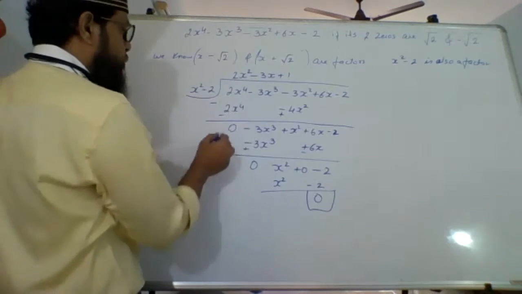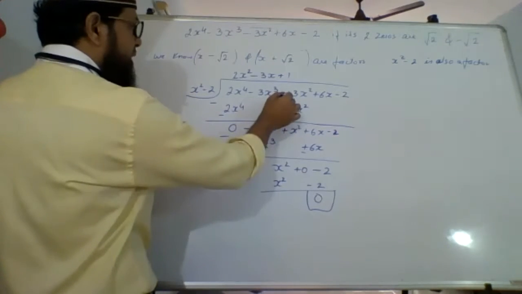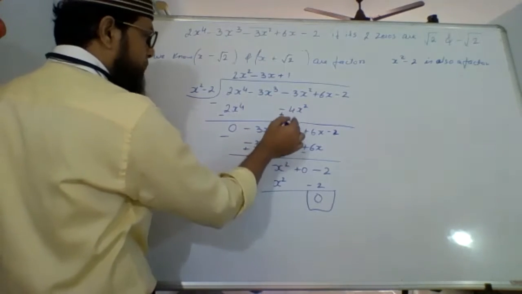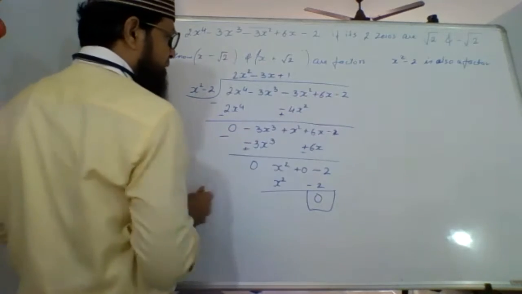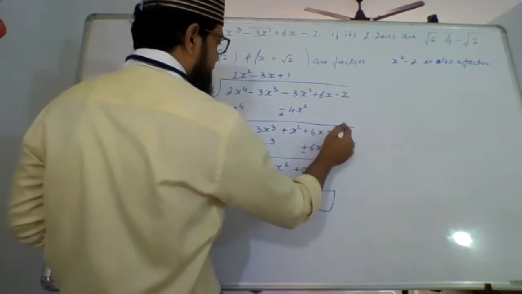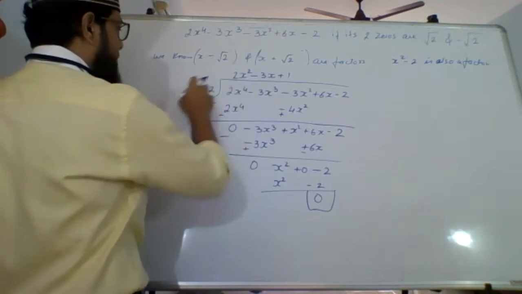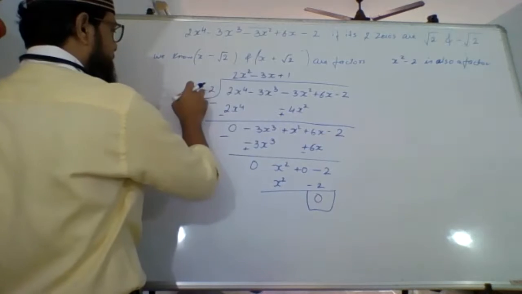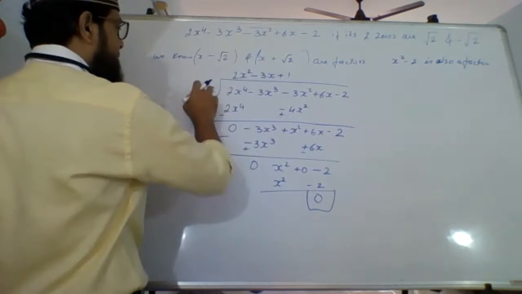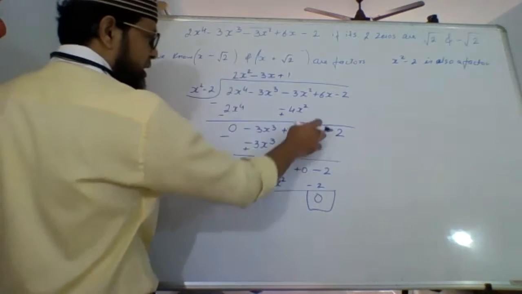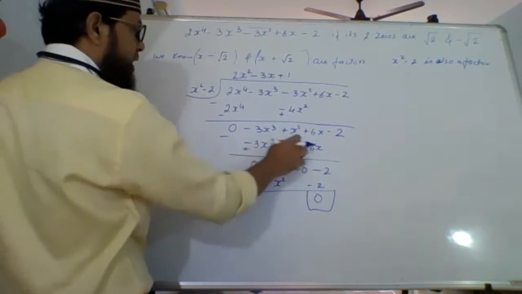So 2x^4 minus 2x^4 is 0. Bring minus 3x^3 as it is down. Minus 3x^2 plus 4x^2 gives me plus 1x^2. Bring 6x as it is, minus 2 as it is. Then I want minus 3x here, so multiply by minus 3x and I want x^3. Minus 3x into x^2 gives me minus 3x^3. Minus 3x into minus 2 is plus 6x, right below the x term. Subtract, signs will change.